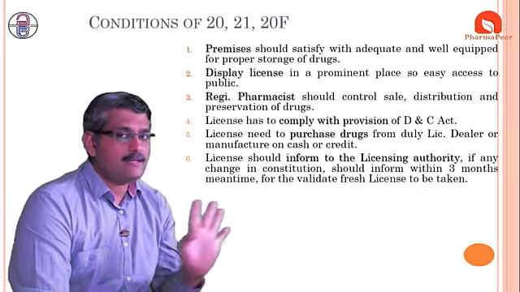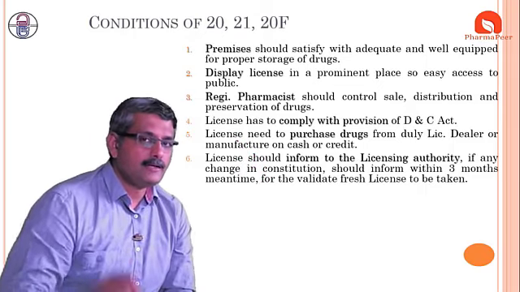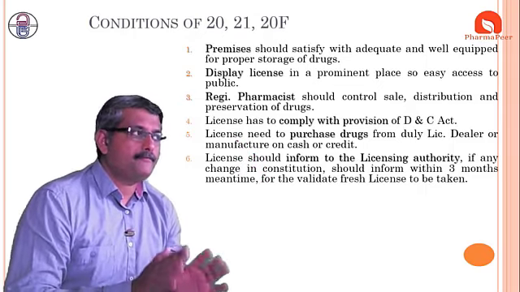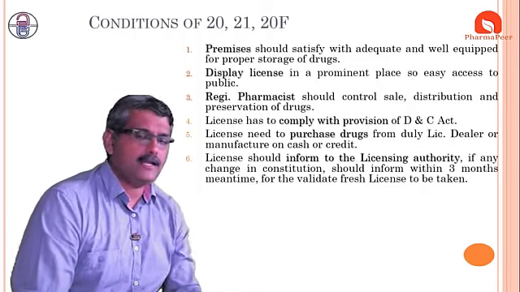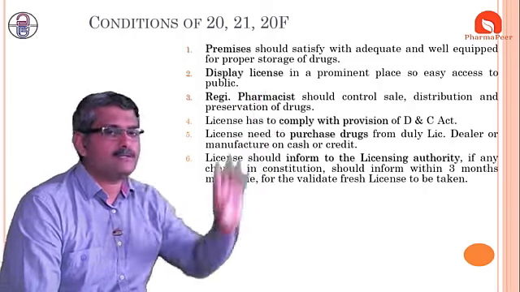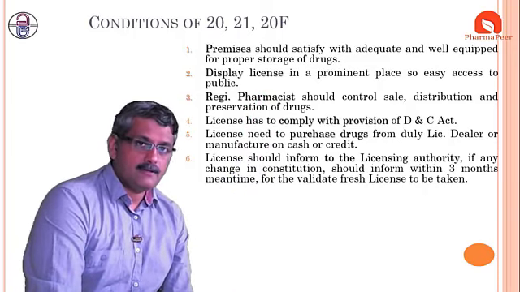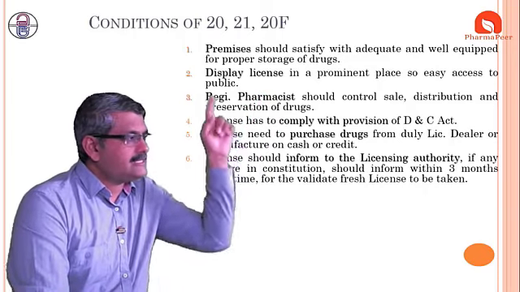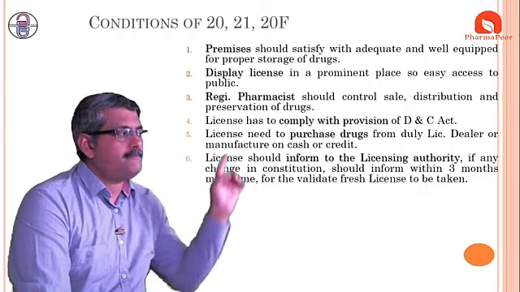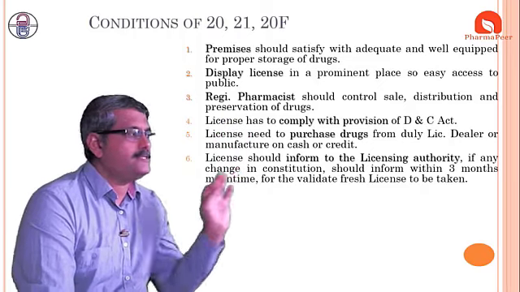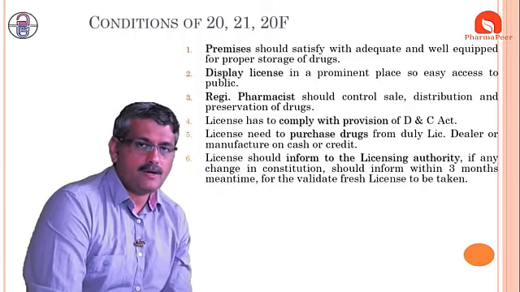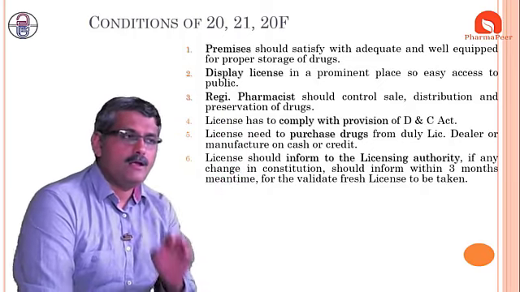So these are the 6 points that we have for the conditions, right? If any condition is asked, we can mention these 6 points, except the registered pharmacist for the restricted license, correct? Since these conditions are very common, at half a mark for each, we immediately get about 2.5 marks.